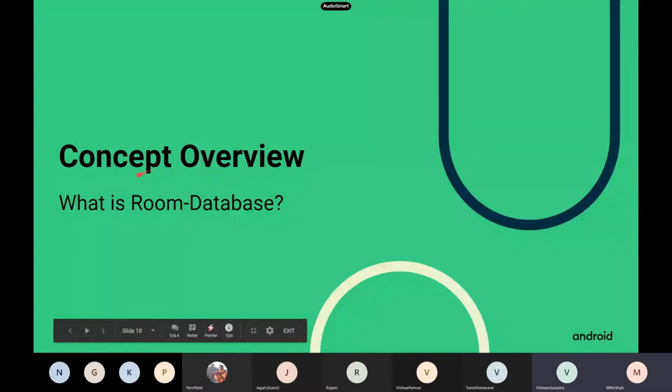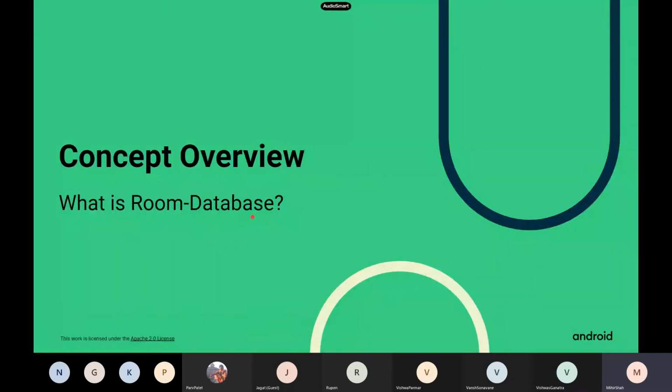Yes, Mihir. Okay. So what is Room database? Room database is basically an add-on to SQLite database, and it is specially built for Android apps. Its main motive is to make offline-ready apps, which require minimum boilerplate code in comparison to SQLite. It also provides good functionalities like compile time checking of queries, which gives us compile time safety.